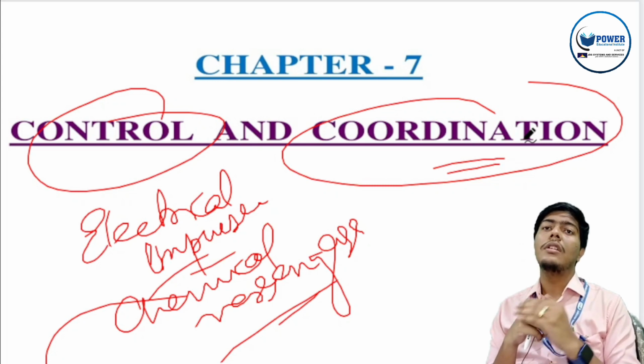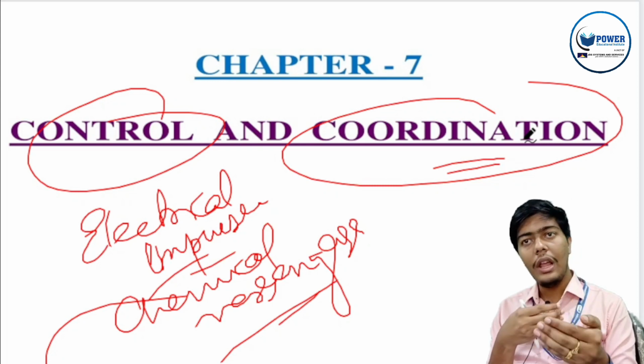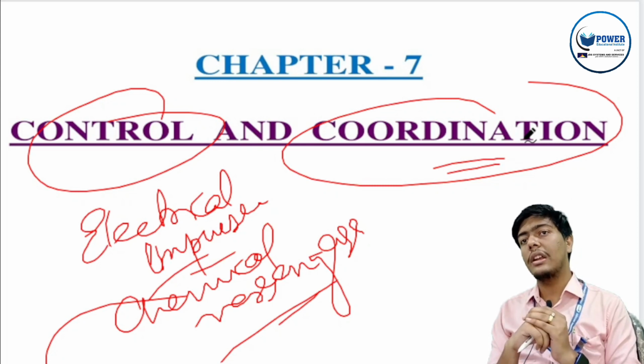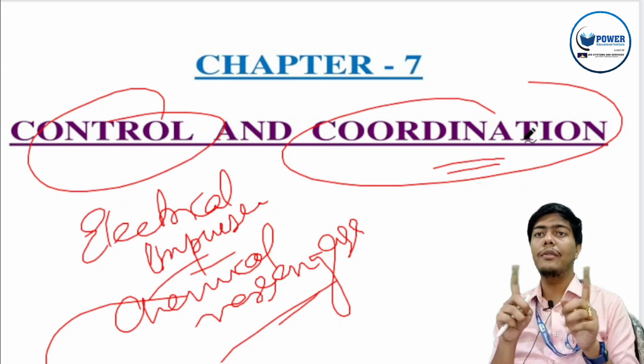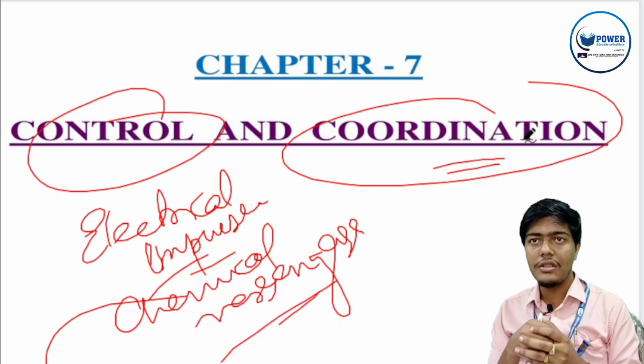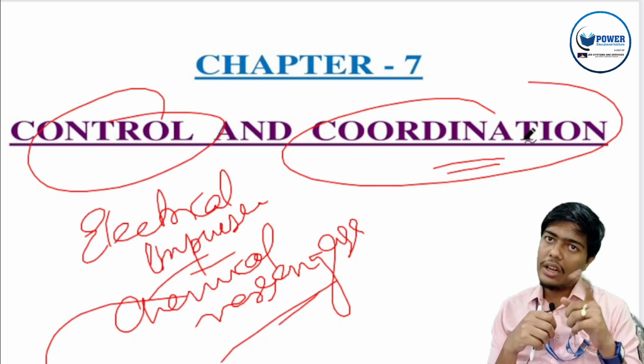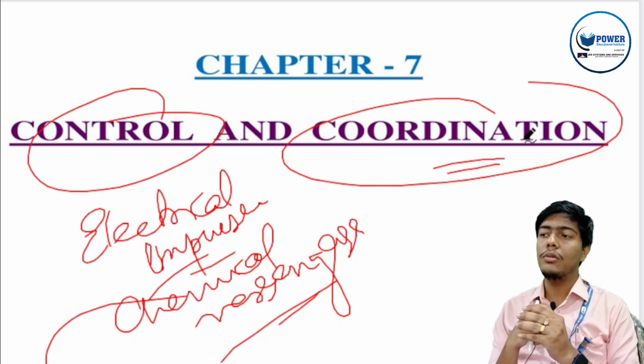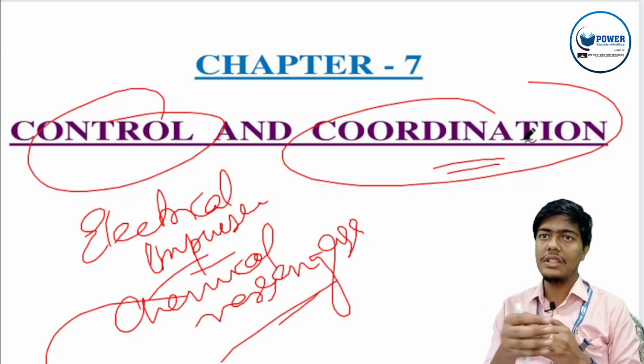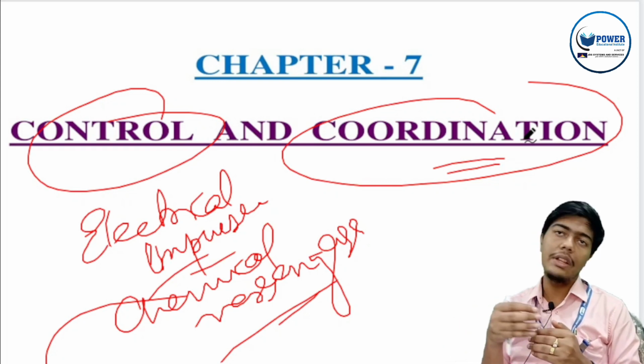Again, your respiratory system and circulatory system are connected. As you have learned, the alveoli are surrounded by blood vessels or capillaries, which help in the gaseous exchange. So that is also interlinked with the circulation. So all your body systems are coordinating with each other.